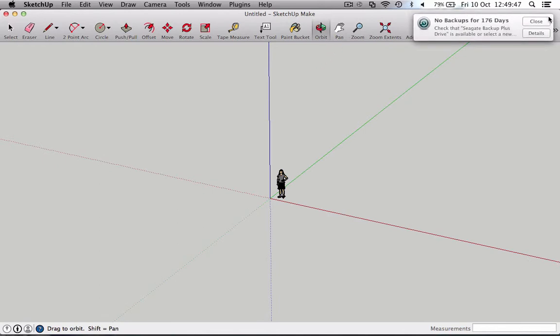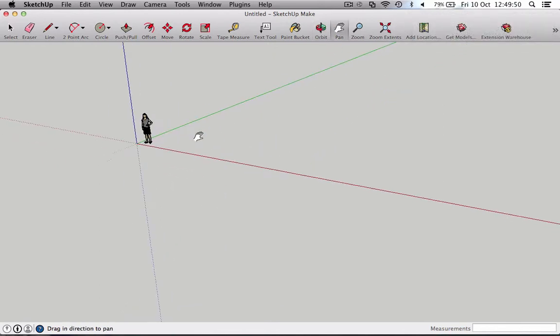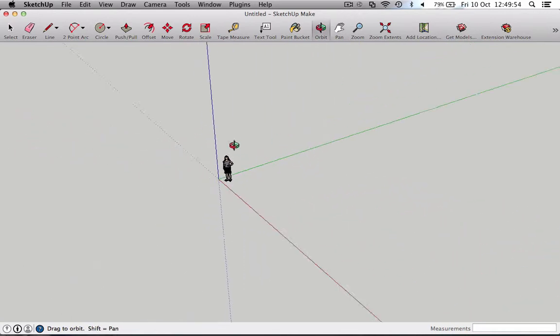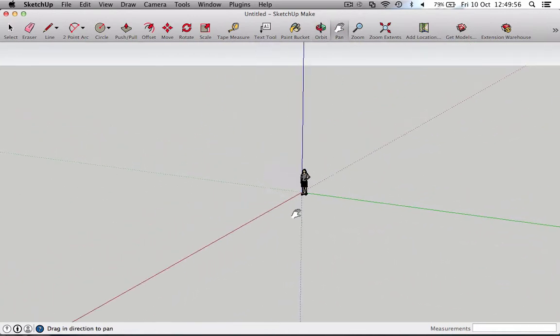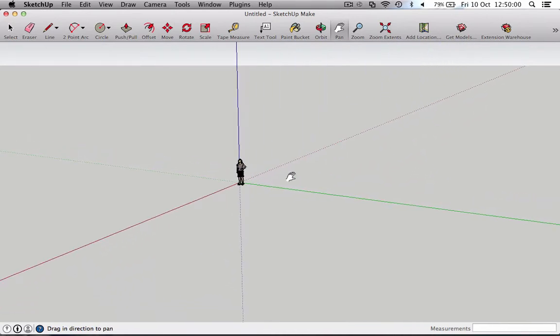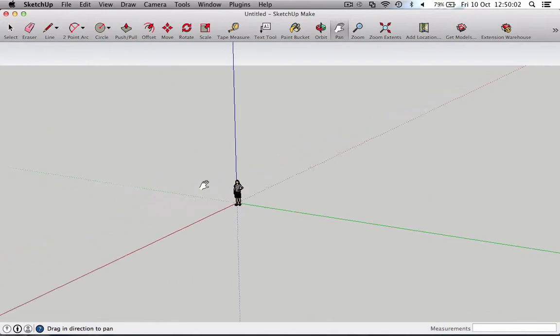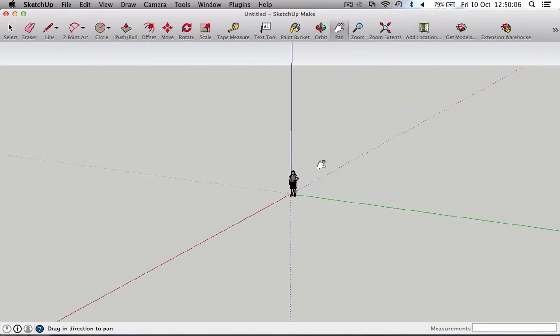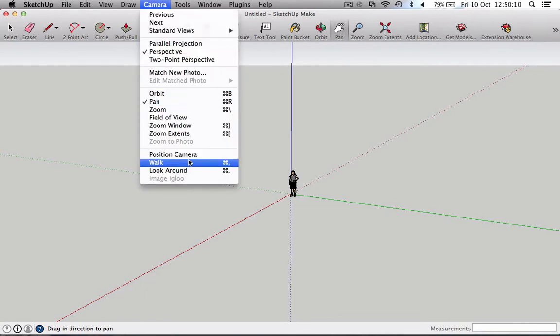Next tool we have is the pan tool, and that allows us to move side to side. Get another angle on this. So if you wanted to look along a wall, you can just use this pan tool to easily see the whole length of it if it's too big for the screen. Cool. Last tool we have to look around is the